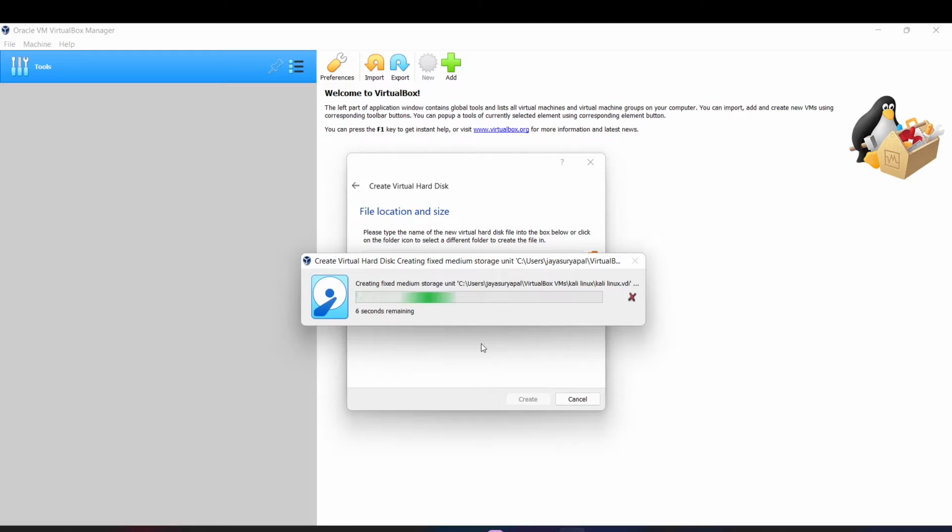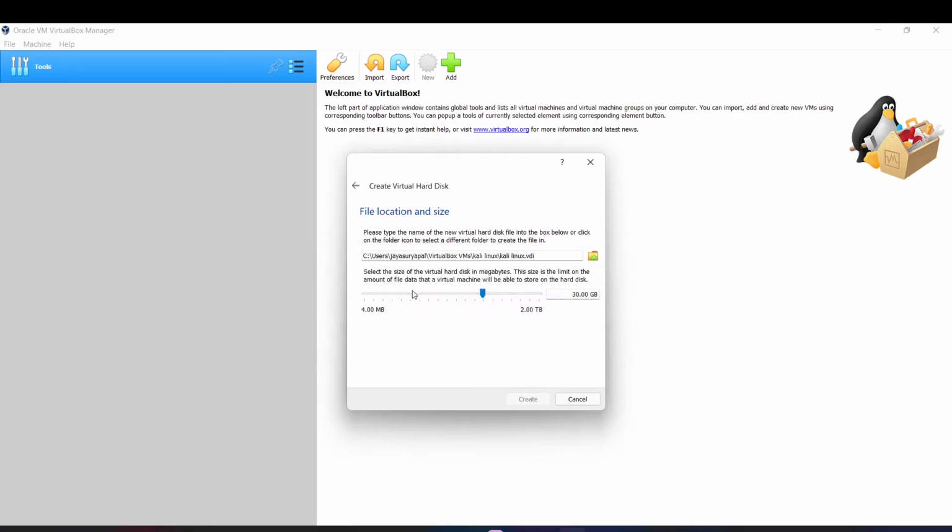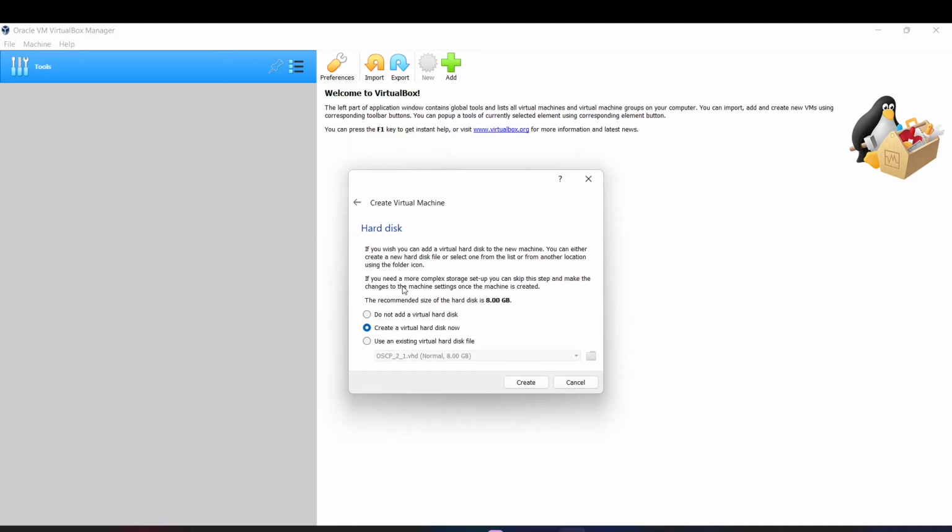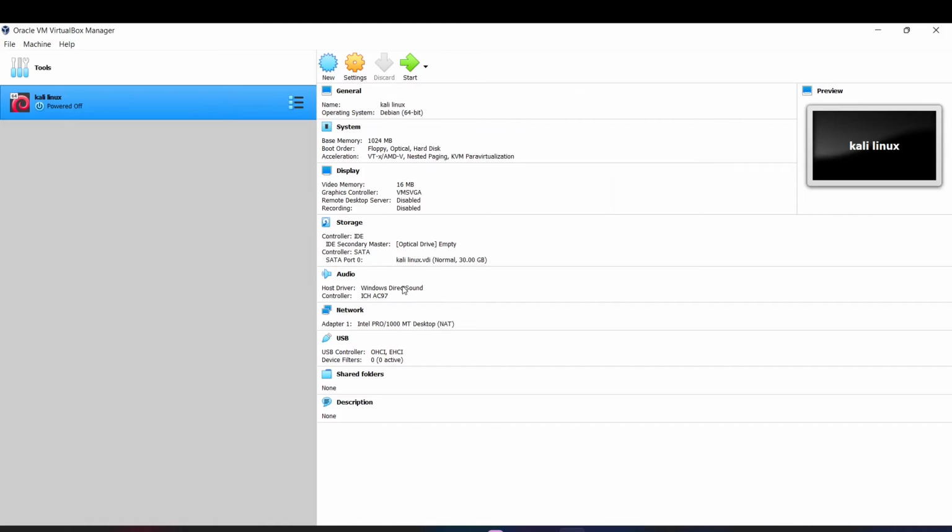As you can see, a few seconds remaining. The creation of this disk space depends on your computer speed. So if your computer is too slow, don't worry, it will be all right. Give it some time, go and have a cup of coffee.